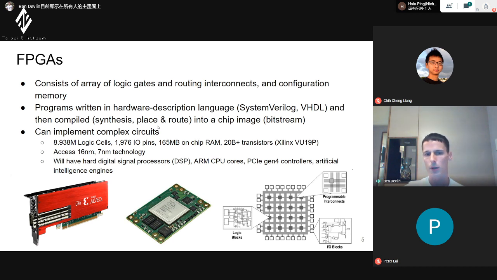So we try and find somewhere on the FPGA that can fit this logic, and we put it, and then we end up with a chip image, which is a bitstream. And this can be used to actually configure a real FPGA. And while the synthesis, place and route might take 2, 3, 4 hours, once you have this, then in a matter of minutes, you can program the FPGA.